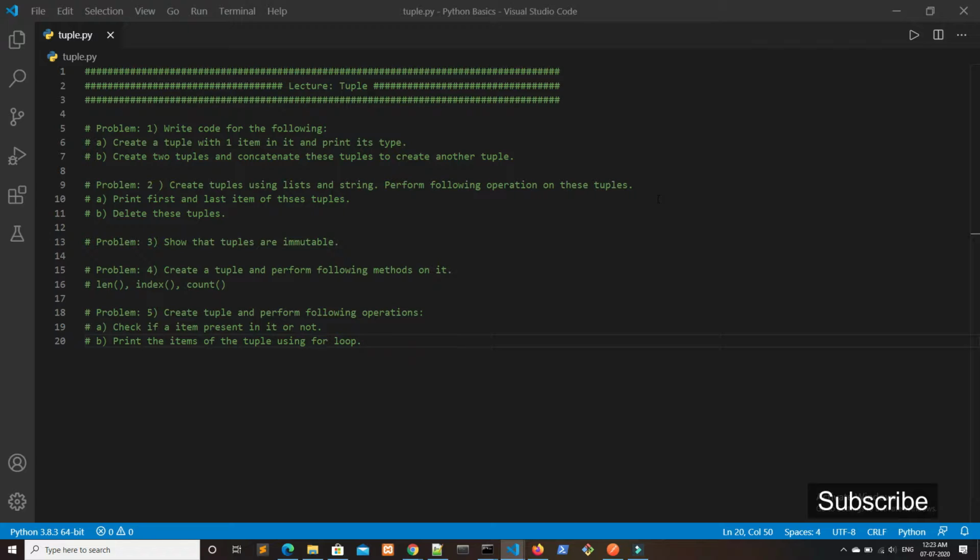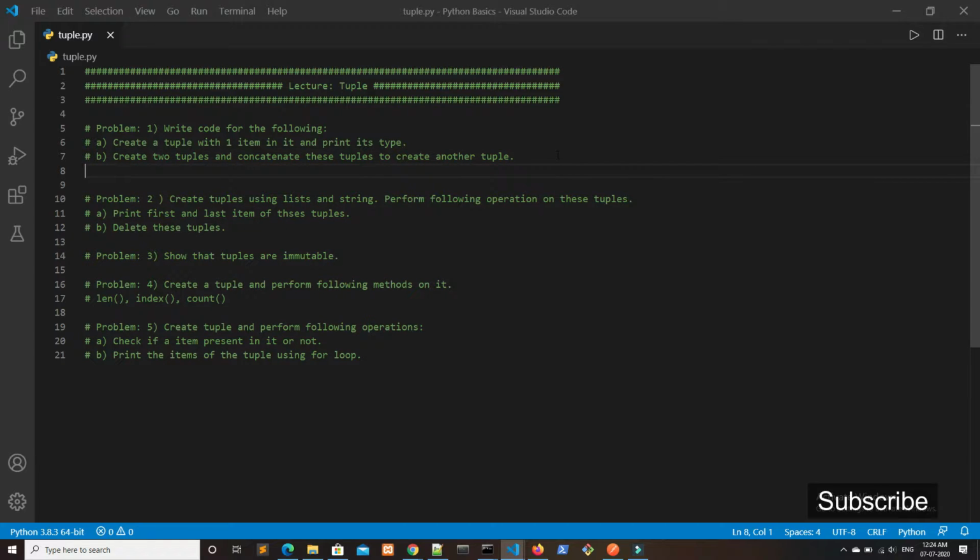In problem number 1 we have to create a tuple with a single value, and then we have to print the type of it. Let's name the tuple temp, and we have to give one value to it.